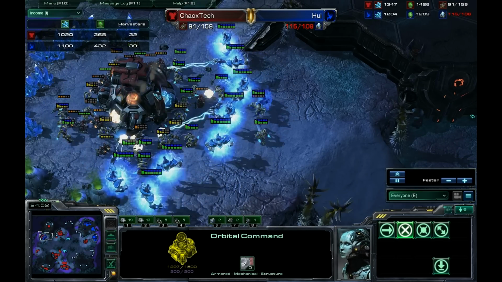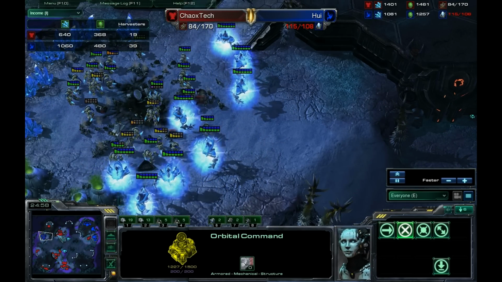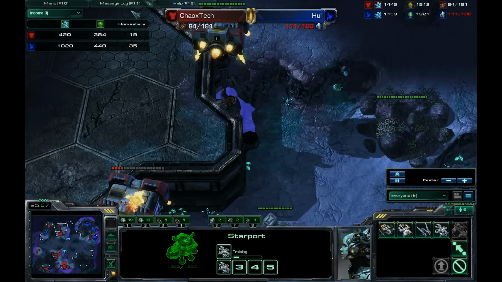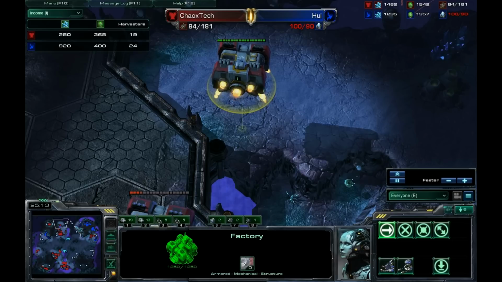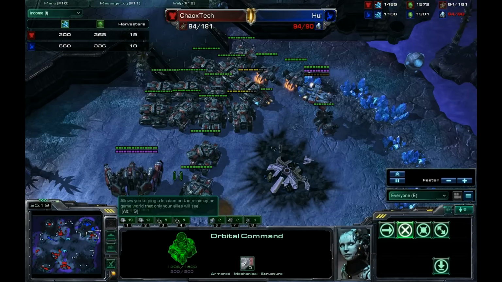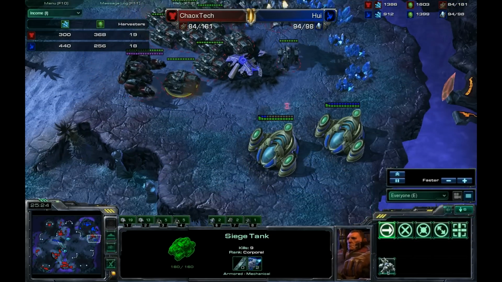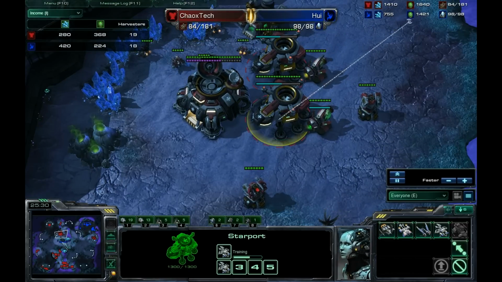And wow, look at all the zealots just utterly destroying that planetary fortress. Now Hui moving up to try to take down any remaining command centers. ChaoxTech, though, can just float those buildings away. And I really hope that this doesn't come down to a floating away victory. ChaoxTech continuing to do nothing with his army here. And yes, there are Banshees here, but the Banshees are...